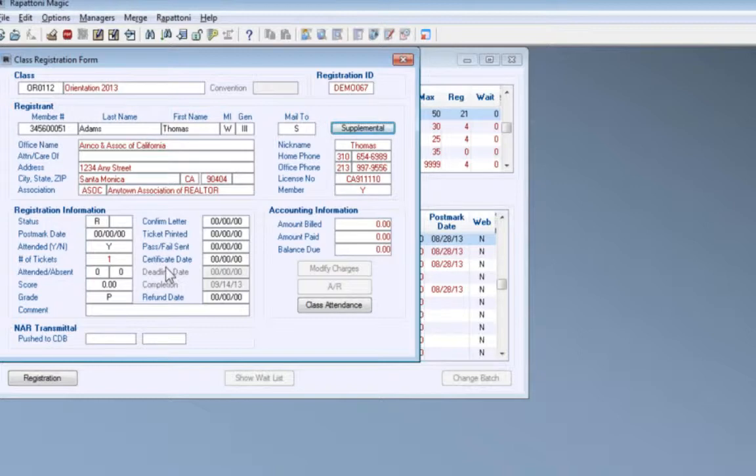Now let's look at the registration information. By default, Magic puts the registration status in R status, R for registered, and then you're going to tab down to the postmark date. The postmark date is very important because it's going to determine how much that member is charged for the class if there's a fee involved. Usually there's a before and after deadline fee, and they differ accordingly, so you want to make sure that postmark